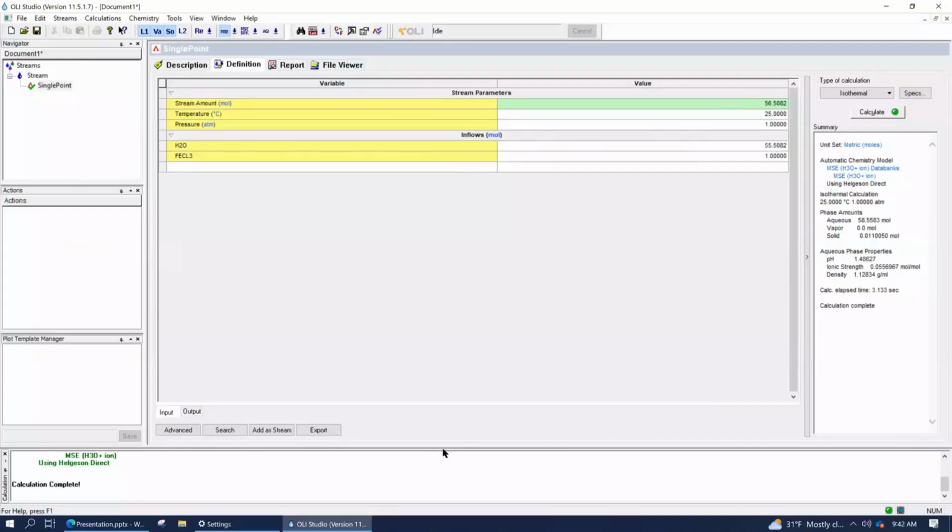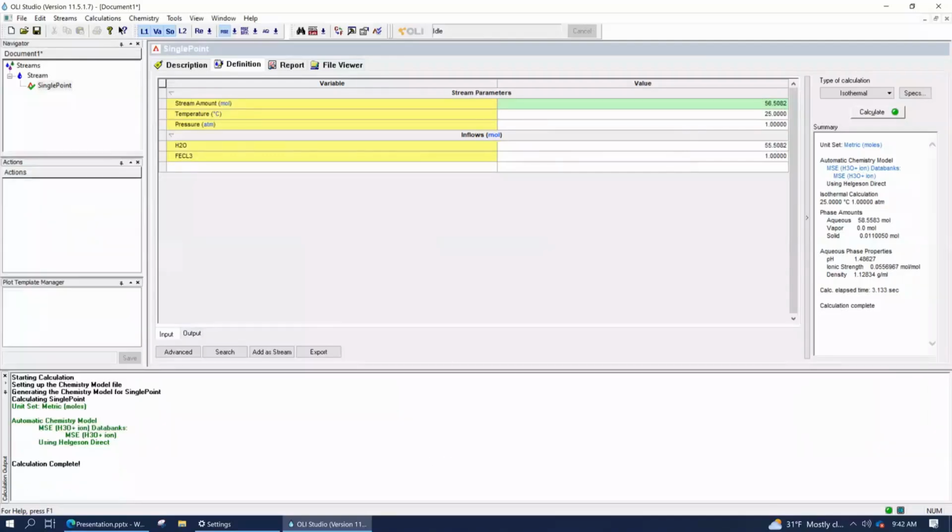From a calculation standpoint, you can see it's starting the calculations. It's setting up the chemistry model, generating that model. When it goes past that point with no error, it's now setting up the single point calculation. It's telling you essentially how it's defined, and then it completes the calculation. Everything worked as expected.